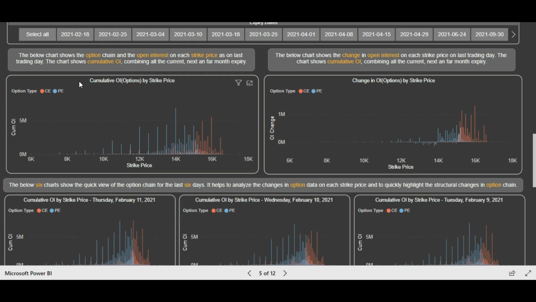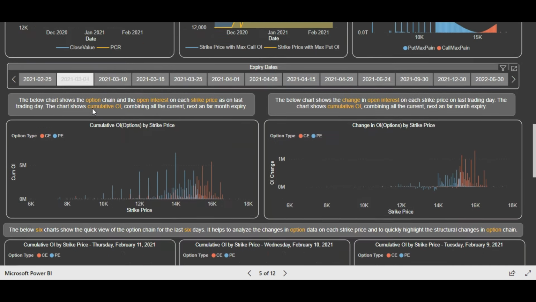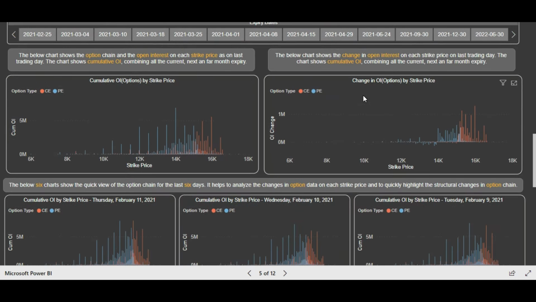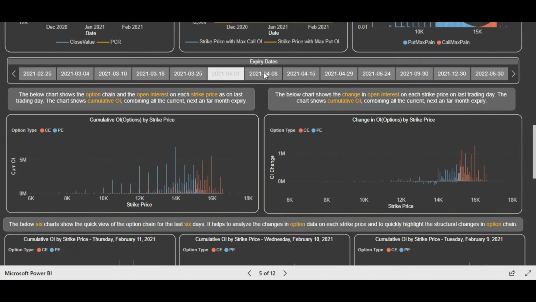So friends, as you can see, in the middle of the page you will find the option chain data, and you will see the expiry date indicators also. As we have also discussed in the previous videos, we are always showing the cumulative option chain data, that is the cumulative open interest. What do you mean by cumulative open interest? That we are combining the open interest of all the expiries at that particular strike price. Not only the current weekly expiry, but the next weekly expiry also, and the monthly expiry also. So all the near and far expiries. So that gives you the holistic picture.